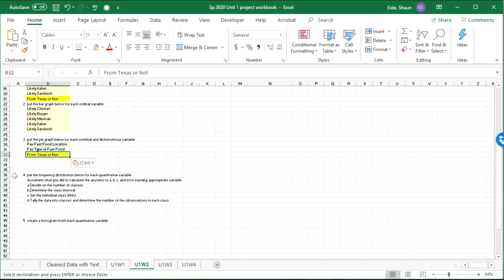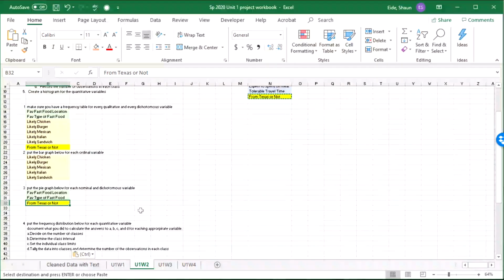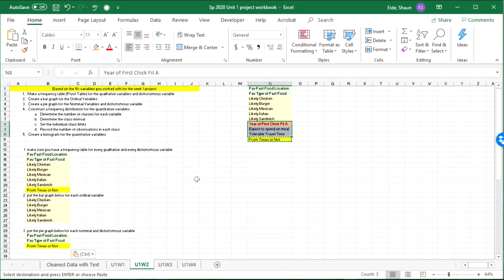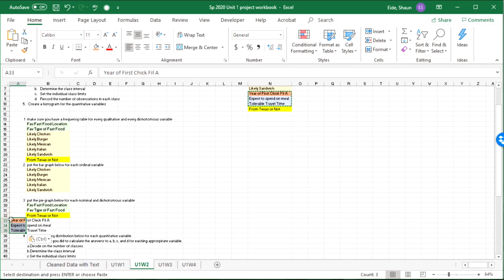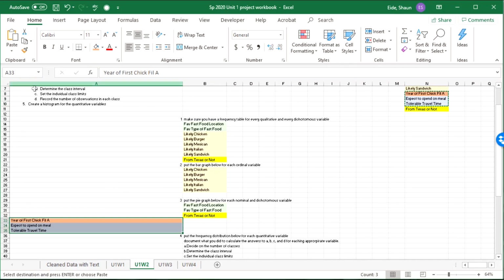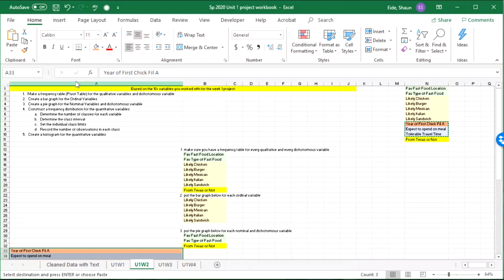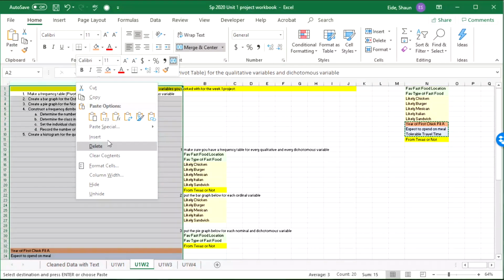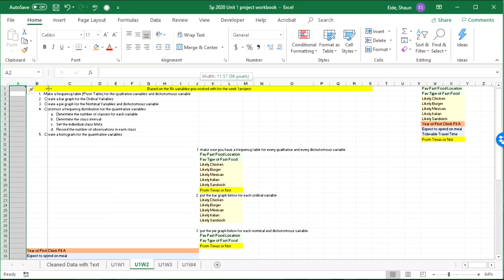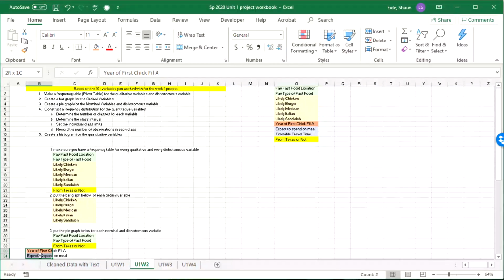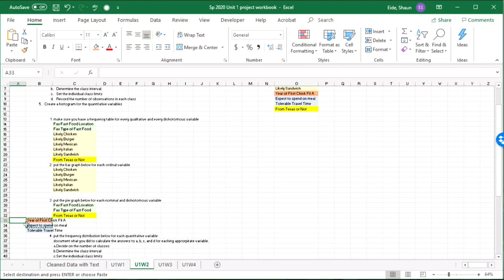Okay. Then next, put in a frequency distribution below for each quantitative variable, and it tells you to do all those different things. So I'm going to take the quantitative variables, Control C, and I'm going to put them in right there. So that way I make sure that I don't, that's probably a good thing to do. Here, I'm going to insert. That way it's really easy, Control X, Control,